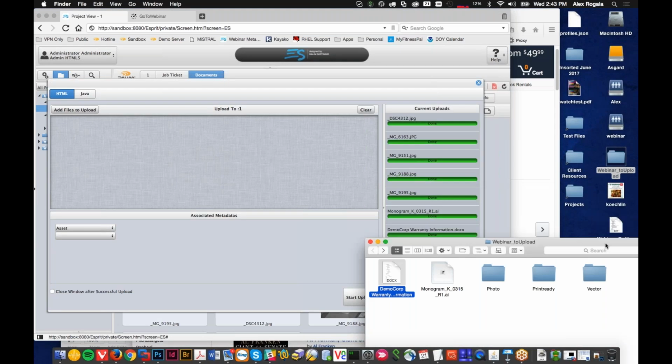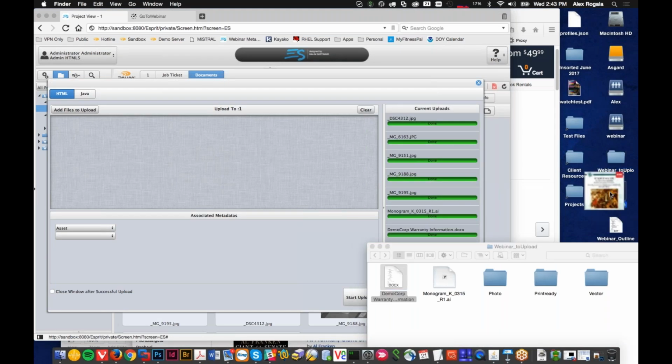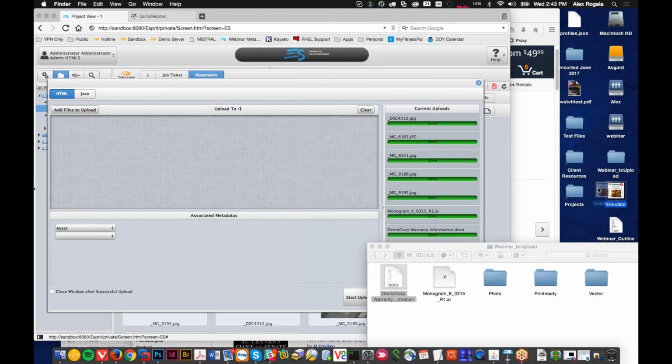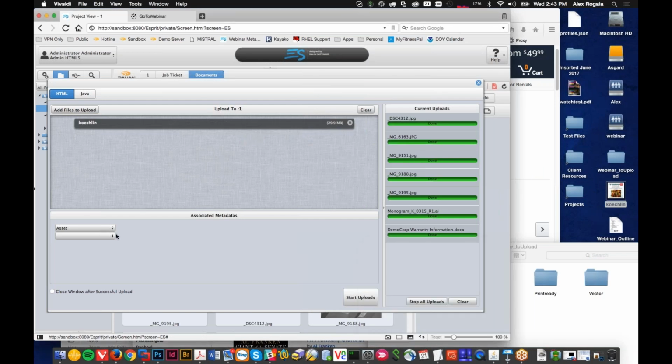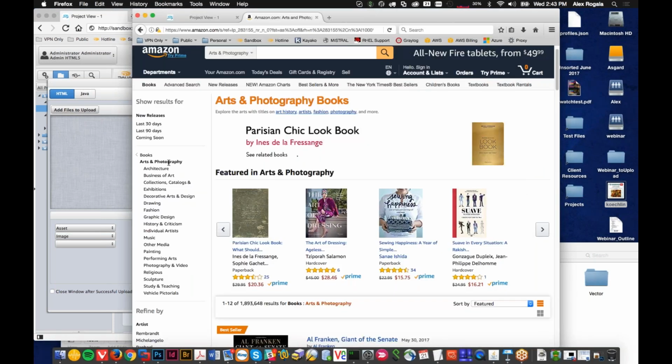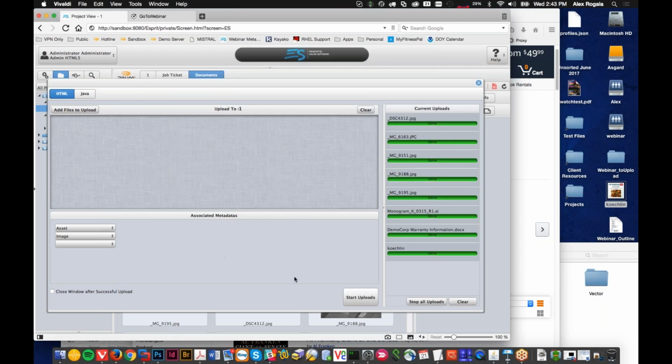Now, one other example would be something like this album cover I have here. Maybe that's not really a picture and it's not really vector. I don't know what it is. I can upload it. I can say it's an asset. I can say it's an image, but I don't have to drill down to that third level if it doesn't match. Like how we saw on Amazon, some of those books might be arts and photography, but not fit into any of these subcategories. So if I upload this,